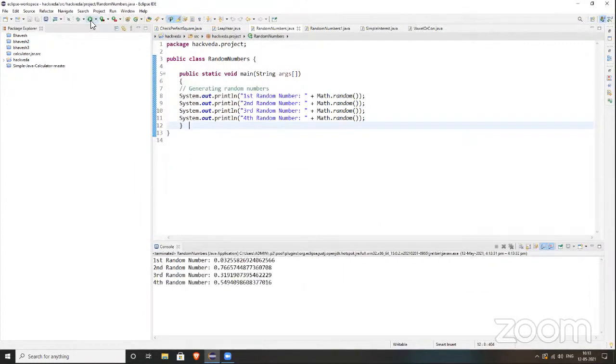Sorry, I didn't get your question. Can you repeat? So you included the math library in one of your programs, but I did not include the math library in any of my programs, but then also it is showing the results. Yes, actually it's on the Java, because it depends on what Java you have installed. Now the latest Java, we don't need to add those import libraries.